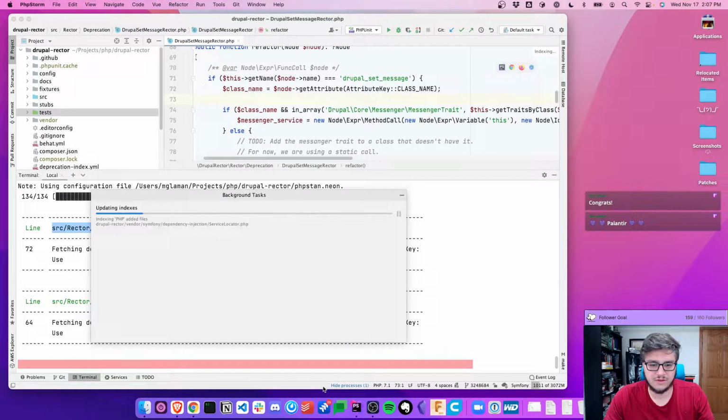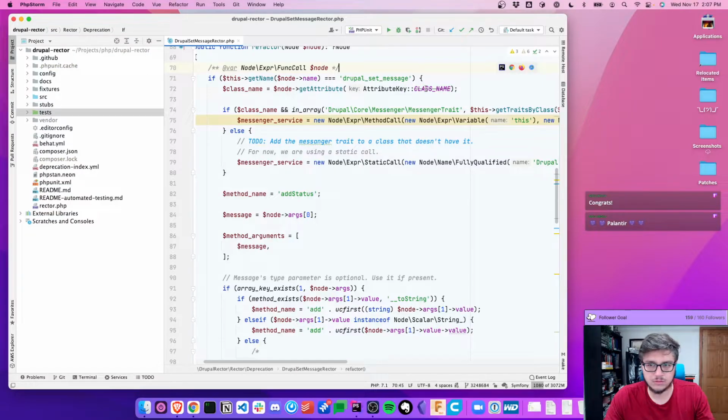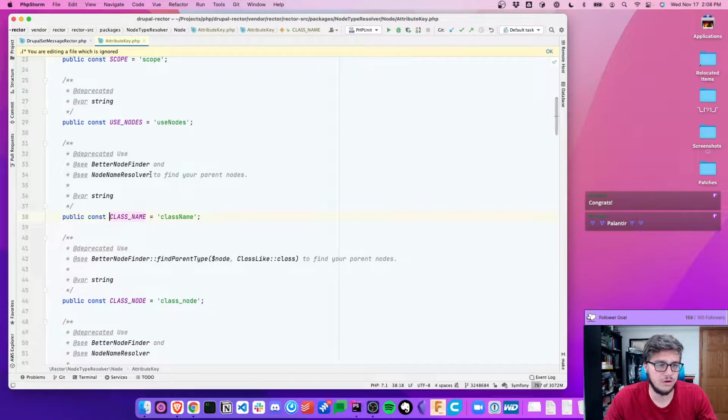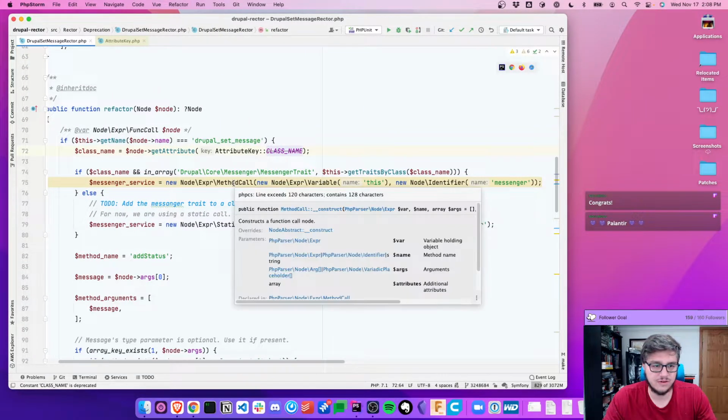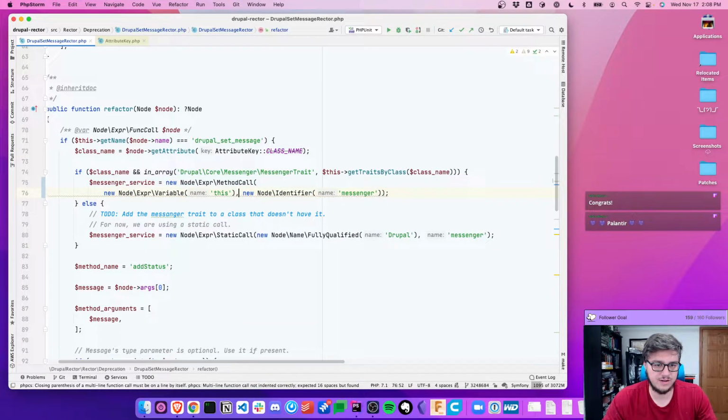I gotta wait for this to finish indexing. Should be hopefully done now. All right. Deprecated use what? Use better node finder and node name resolver to find your parent nodes. That's fabulous. Let's fix this phpcs line